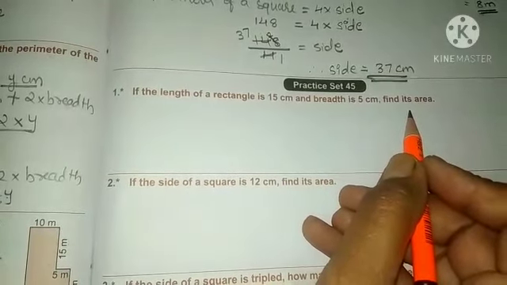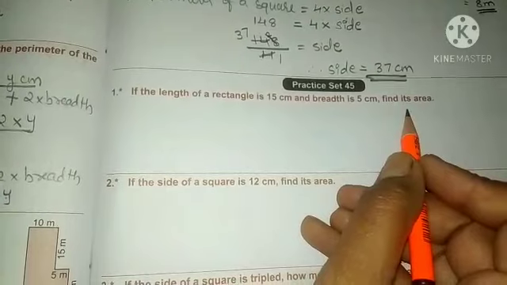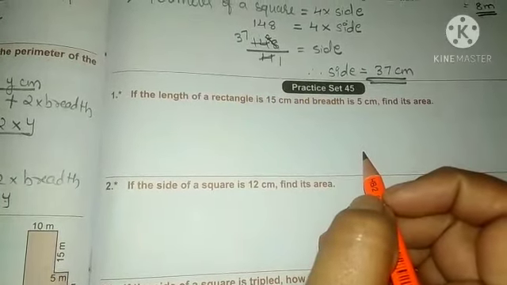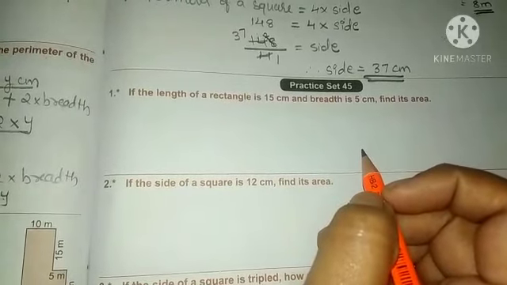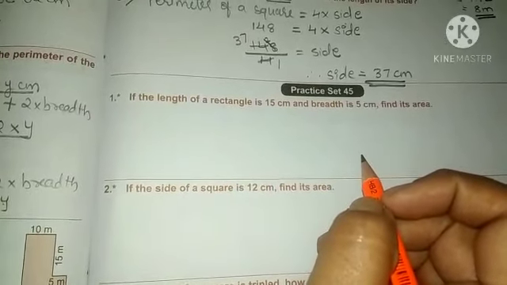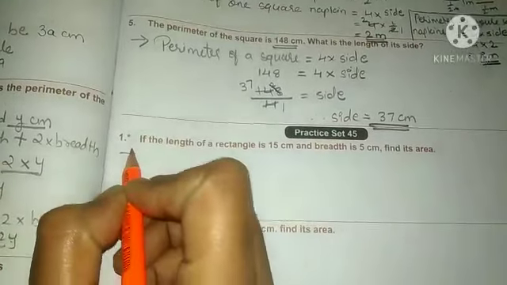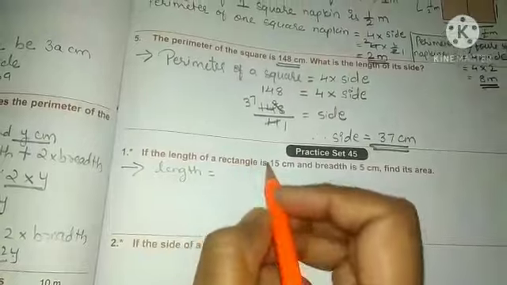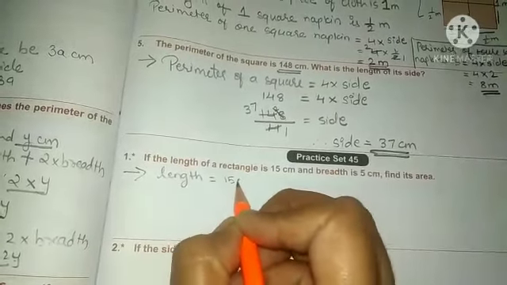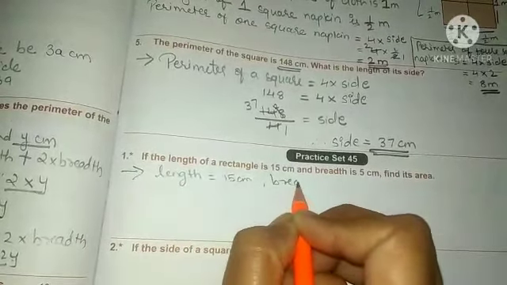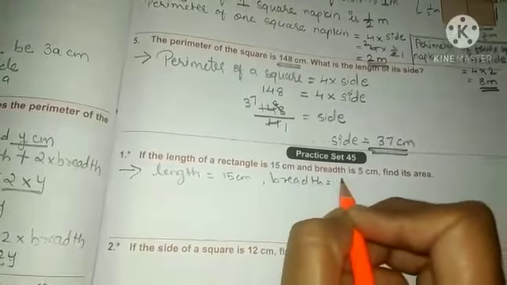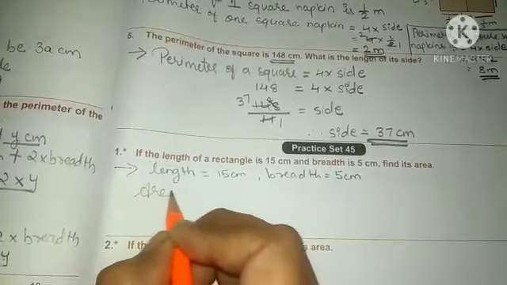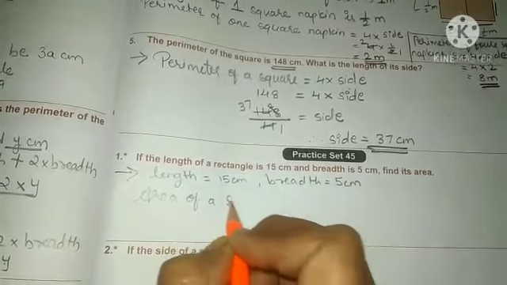So how are you going to find out the area? With the help of the formula. Which formula have we studied? Area of a rectangle is equal to length into breadth. Clear everyone? First of all we will write down what is given in the question. The length is 15 centimeter and the breadth is 5 centimeter. We will use our formula, area of a rectangle